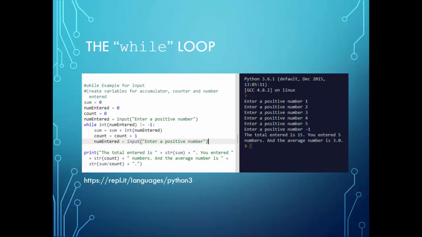So in my loop, I've got while int num entered. Whenever you have this getting input, it always comes in as a string, as text. So to make it a number, I'm going to put int and parentheses around the variable so that it turns it into an integer. So while the number entered is not equal to, which is the exclamation equals, -1, then